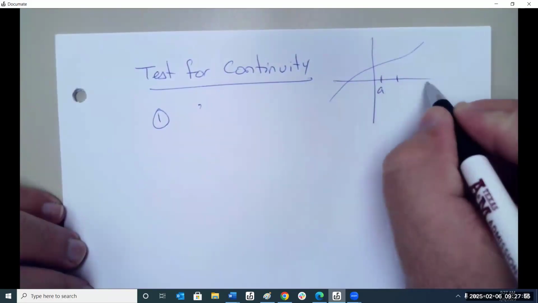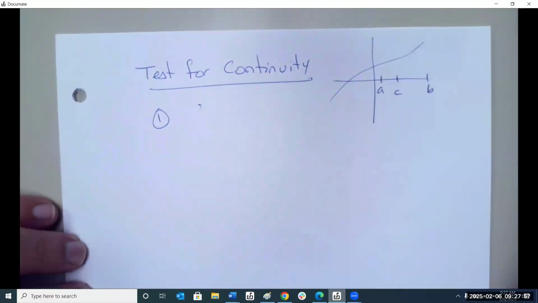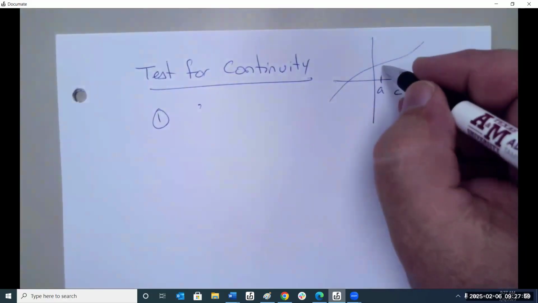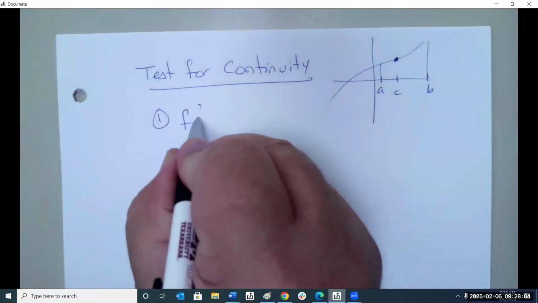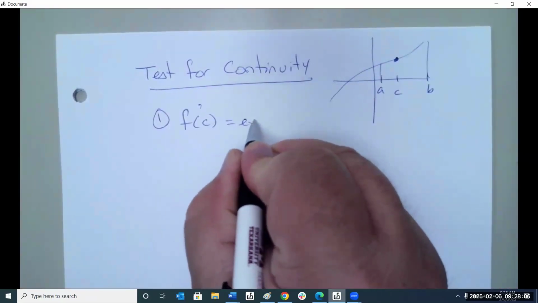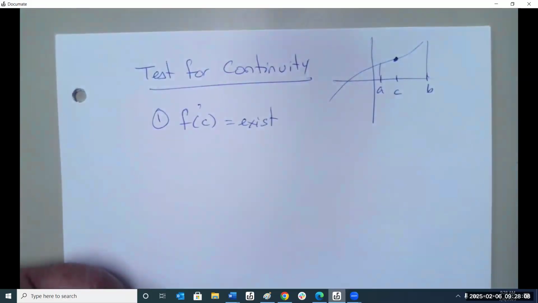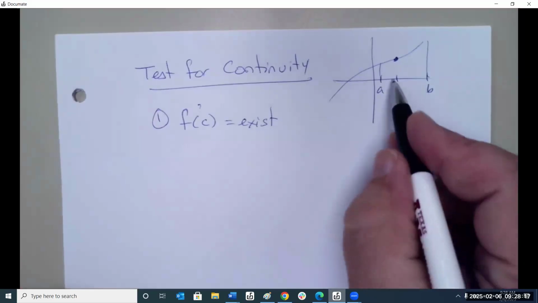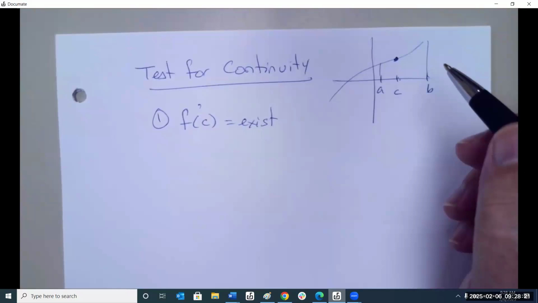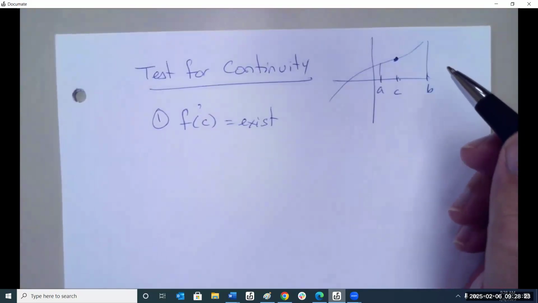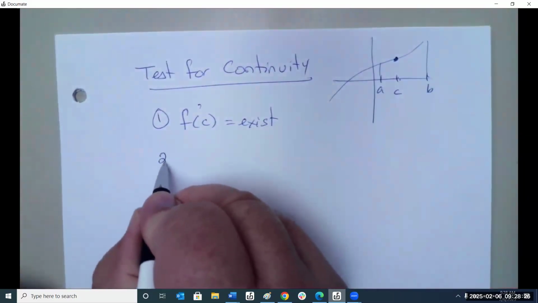here's our domain, A and B, and here's C. For it to be continuous, what has to be true? The first thing that has to be true is that the value f of C has to exist. So the first thing is the value C. C could be any point inside that domain. Does it exist? The second thing we have to look at,